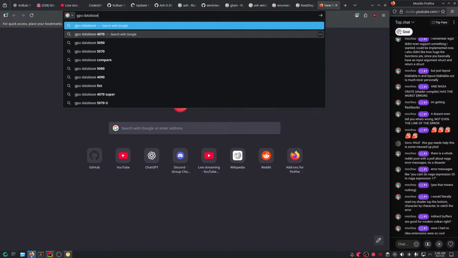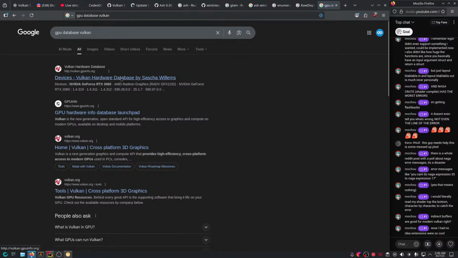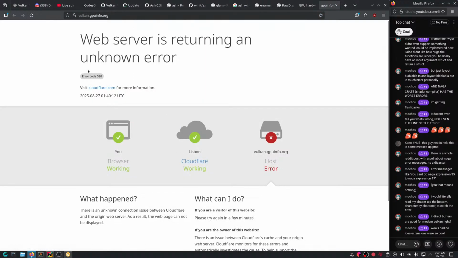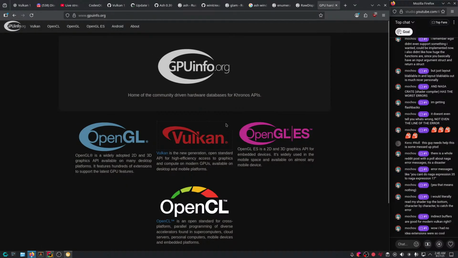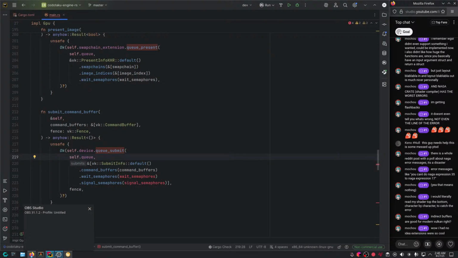But basically, this had a database of GPUs and it tells you exactly what kind of features, what kind of extensions, what the limits are, etc. And you could also contribute to the database by uploading your own GPU data and driver data. It differs from driver to driver, from operating system to operating system, and from GPU to GPU, obviously. And that's pretty much it.